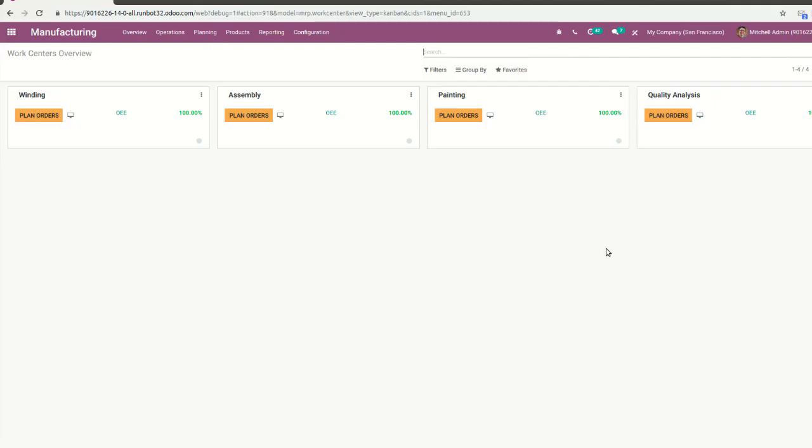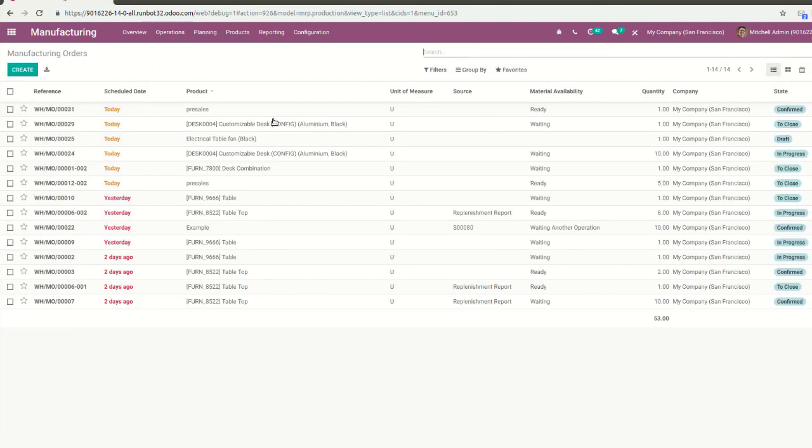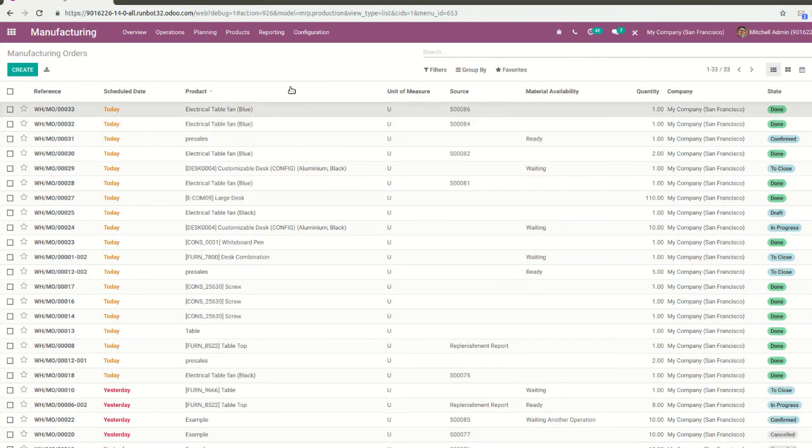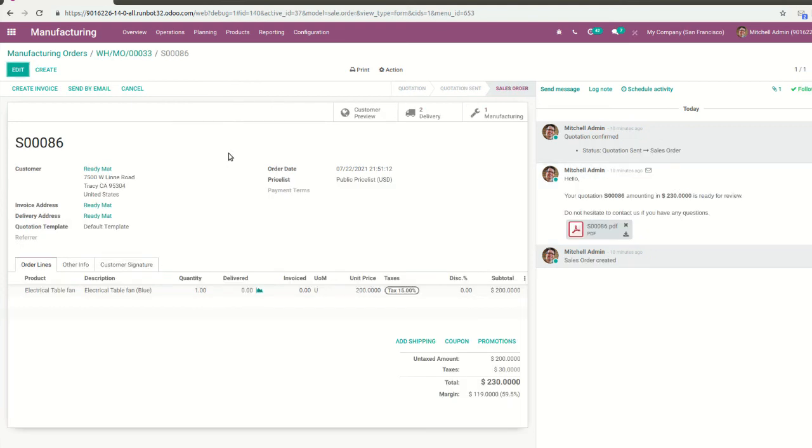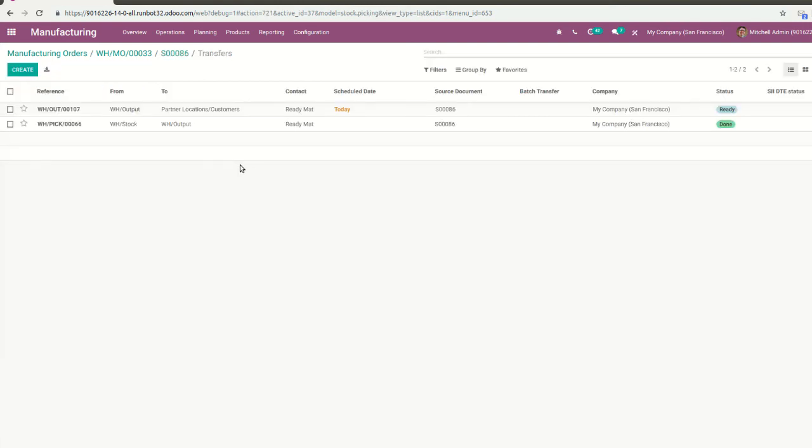So we are done with picking. Go to operations, the manufacturing order, last manufacturing order. See here, go to sales. There are two ways I am able to go. So there are 2 deliveries. One we already did. The picking is completed, we just completed it.